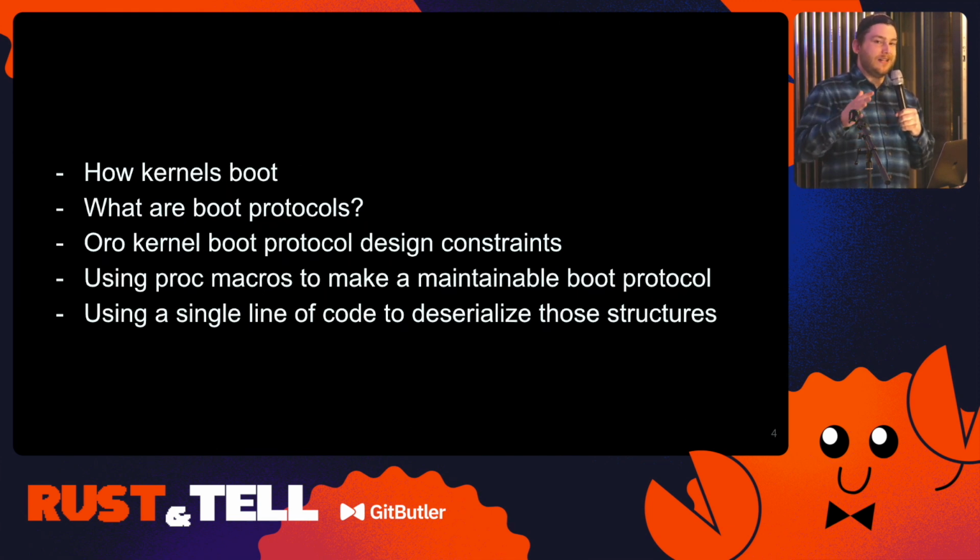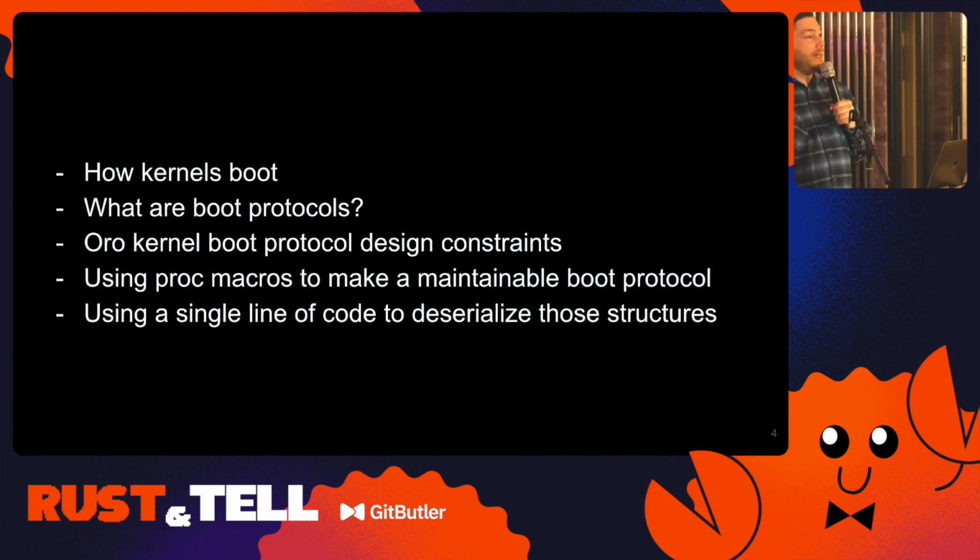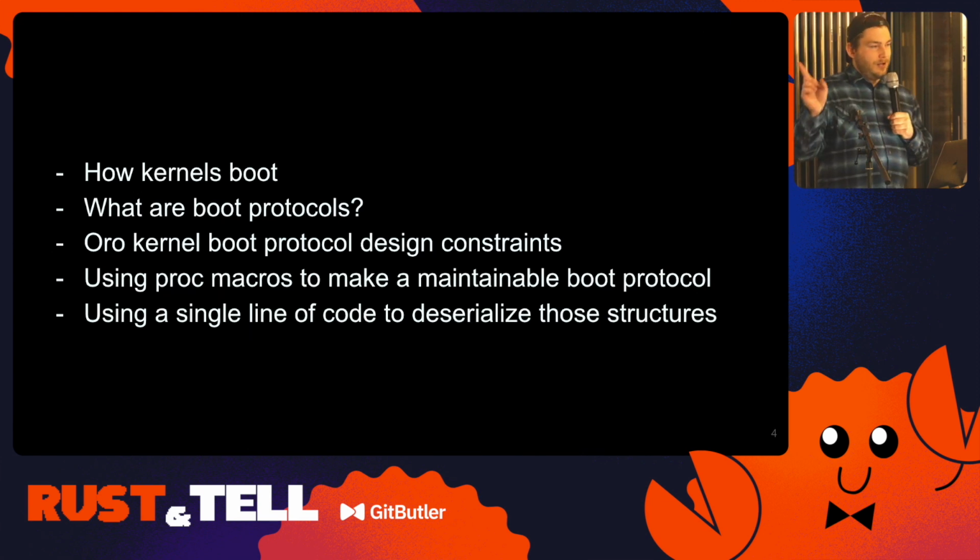So we'll be talking about creating a serializer with a proc macro, but a normal serializer serializes to something like JSON, for example, and then you deserialize it back to some in-memory data structure. This serializer cuts out the middleman and serializes one data structure to another one directly in memory. It's kind of a weird situation. It'll make more sense as we move on.